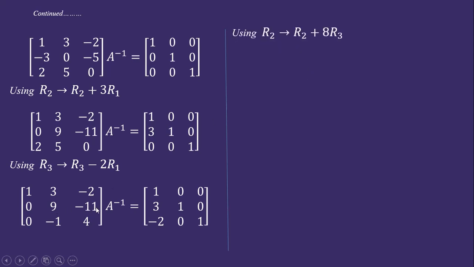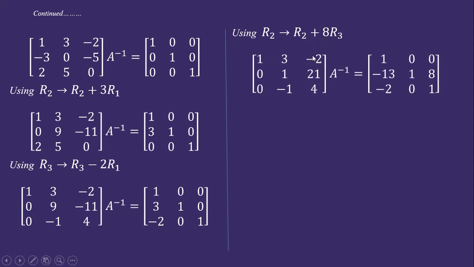Now we have to use a transformation due to the second column to get 1 here. So we make use of this element minus 1. Since we have previously adjusted the 2 zeros here, they will not get disturbed by this transformation. If we use this third row to get 1 here, since there is 0 here, this 0 will not get disturbed. So we multiply the third row by 8 and subtract from this 9. So we get 9 minus 8, we get 1 here. So we apply this transformation due to second row, R2 plus 8 R3.